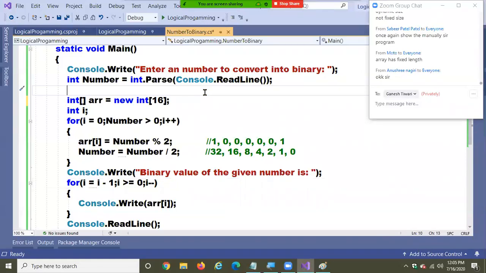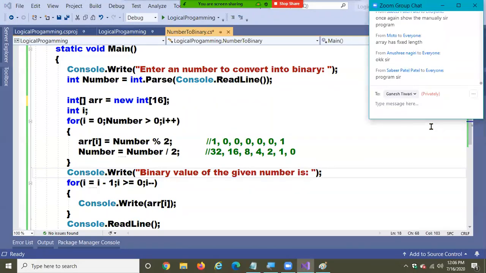Once again, show it manually, sir. What manually? What should I show, Patel? Manually means, this is the code. You want to see debugging?